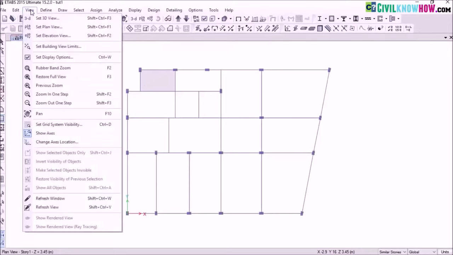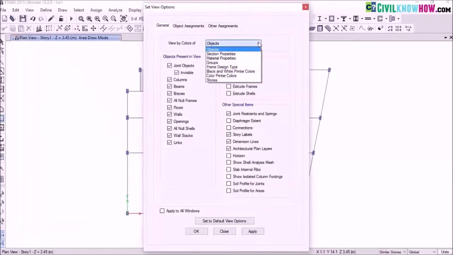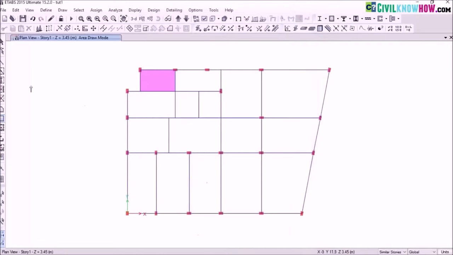So here I would like to change my view all here. I'm going to set display options so you can have a better view. I'm going to change to section properties, apply, OK. Similarly, I'm going to define my slab between these 4 frames also. So here you can see that I have assigned my slab as individual between these 4 frames,